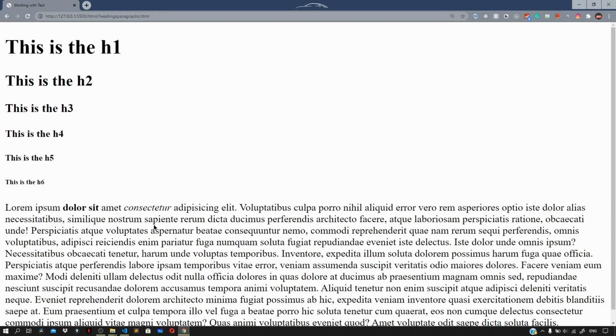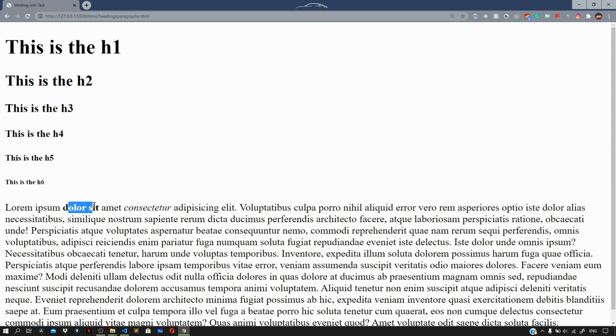So here you can see the strong element makes the text bold that we wrap around it, but we can always override how it should look in the browser with CSS, which we will see in later videos. In the past, we had a counterpart for the strong element, which was the b element, and b element also stands deprecated because styling should be done in CSS and not in HTML.